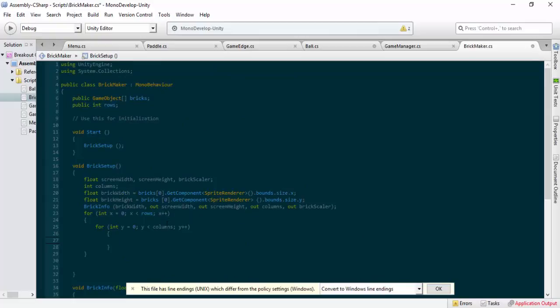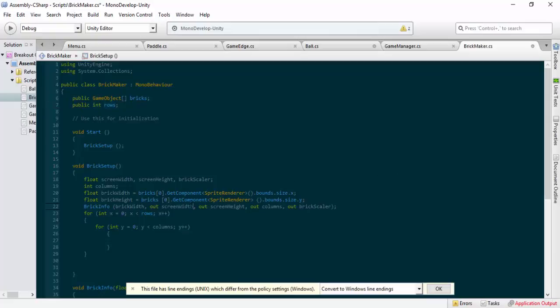Okay. So just before I carry on with this, I notice some weird things sometimes, and it's not important. It works. It's right. We've created the integer for columns within the brick setup function or void, so it's grayed out on my layout. It might be another colour for you. But the thing I'm trying to point out is we've created rows here as a public integer. The reason for this is because in Unity we can tell it to create 4 rows, or 2 rows, or